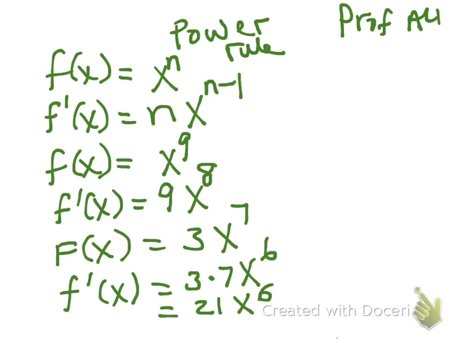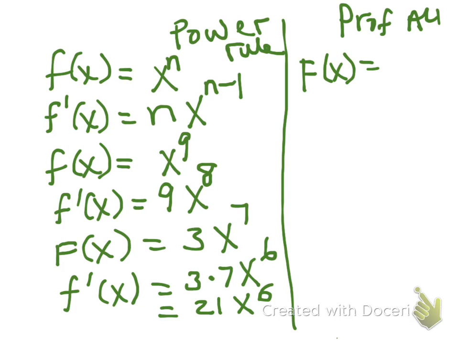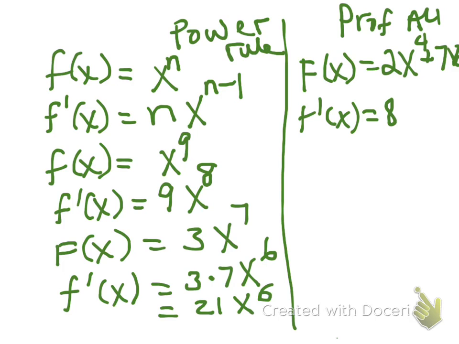So let's add one more example. Let's say you have f of x equals 2x to the 4 plus 7x. So f prime of x equals 4 times 2, that becomes 8 x to the power 3